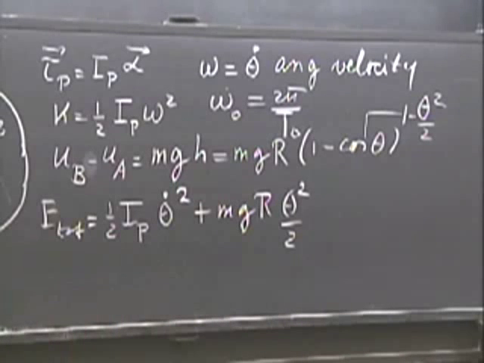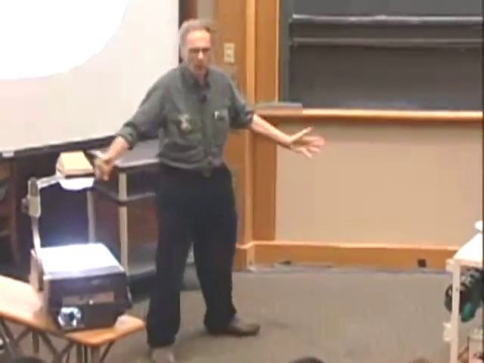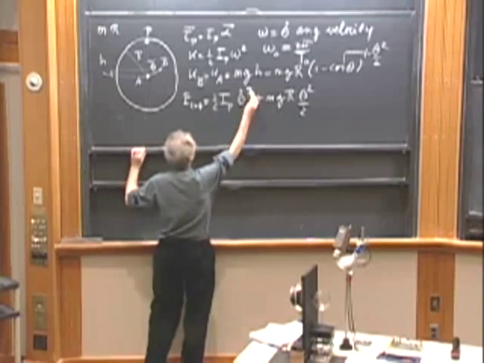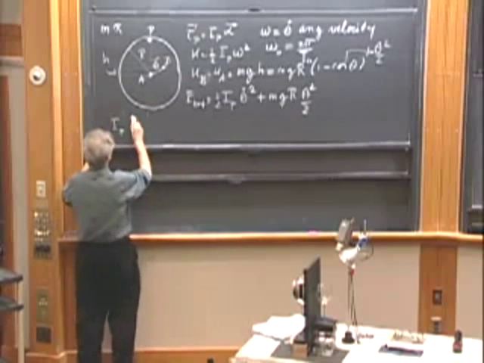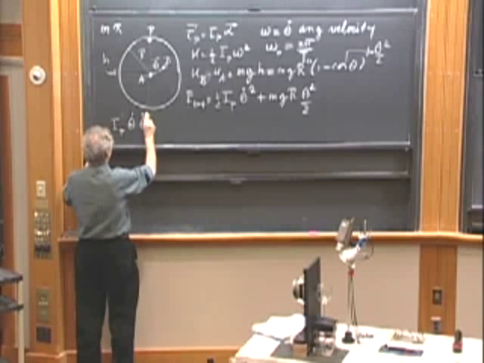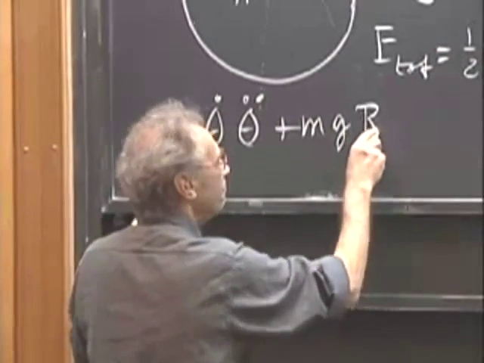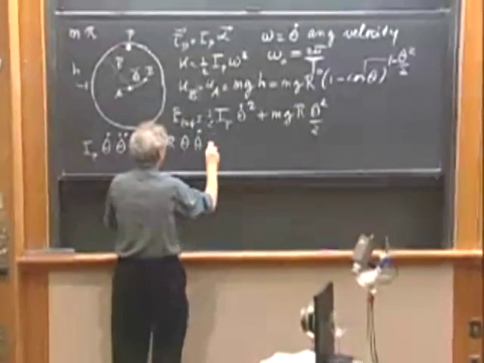And what you do now, since this is a constant of the motion, you always do that if you work with the conservation of energy. You take the time derivative of this equation, which must be 0, because mechanical energy is conserved, and out pops the differential equation that we also found during my lecture number 1, when I used a different method. So I take the time derivative, so this t eats up this half, and so we get I_P times theta dot times theta double dot. I have to use the chain rule. And then I get plus mgr. This 2 eats up this 2, and so I get theta times theta dot